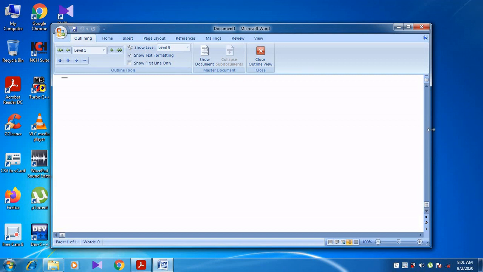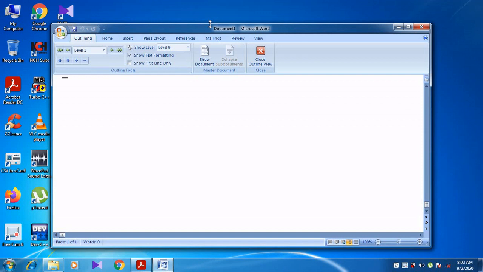Not only in this particular area, whenever I move to any border or any corner, for example, if I move to this bottom right corner, it changes to a double-headed arrow. If I move to the top right corner, it changes to a double-headed arrow. When I move to the top, double-headed arrow. So wherever I move to the border of the window, it changes to a double-headed arrow.